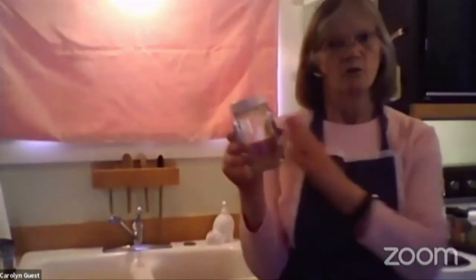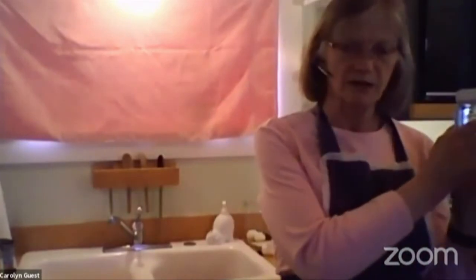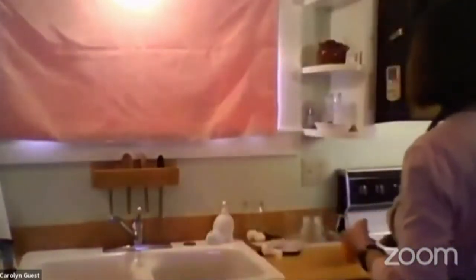And one of the things that we've done with preschoolers at school is we'll have some basic brine, make one batch that doesn't have much sugar in it and one batch with more sugar in it. And we'll put out an assortment of herbs and vegetables and give each child a little jar and let them experiment. Some of the options for changing up your vegetables for spices would be